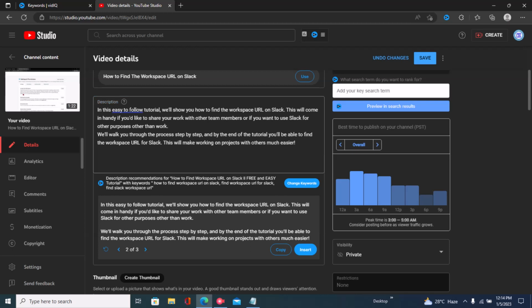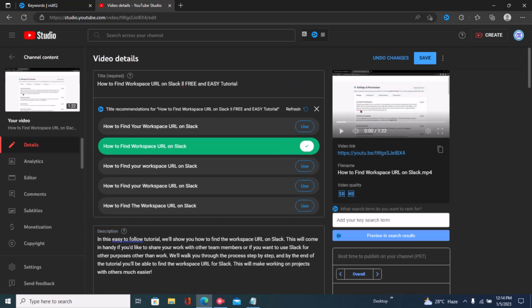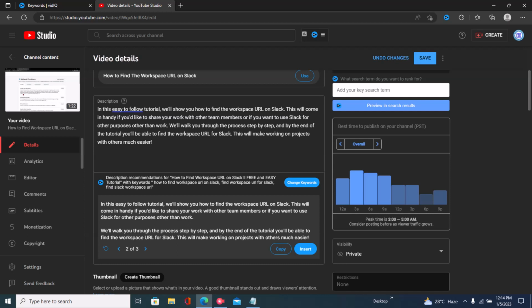Right here we have a description that contains the keywords that we just chose. Once you have that, the next step is to add your title to your description. So your title is how to find workspace URL on Slack. Copy that and make sure that you input that into the first one or two sentences, preferably multiple times. I really love to input my title as the first thing in the description just because it really helps with the SEO. So in this easy to follow tutorial